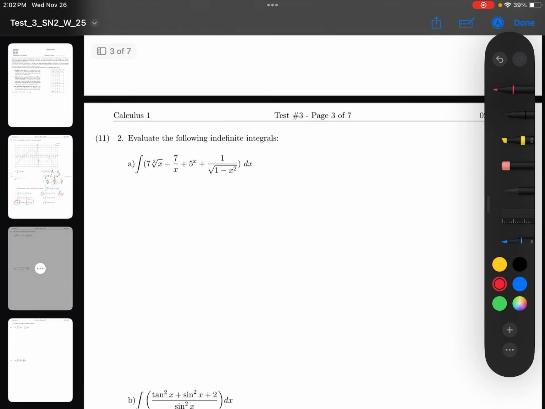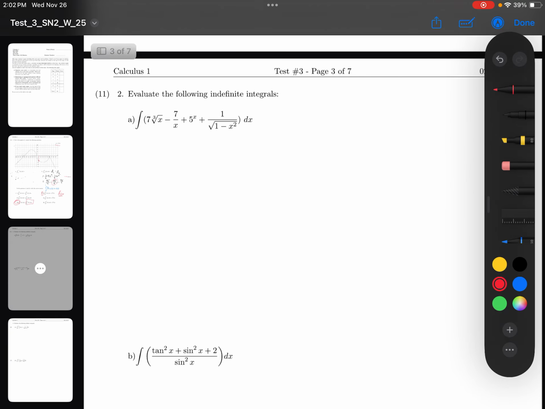Moving on to the next problem, to the next part. Here all we have to do is evaluate these integrals. So I can set this up as the integral of 7 times x to the power 1/3 minus 7 times 1 over x plus 5 to the x plus 1 over square root of 1 minus x squared dx. And these are just basic